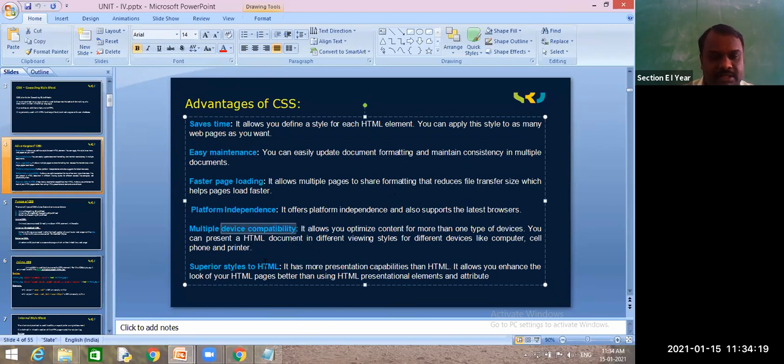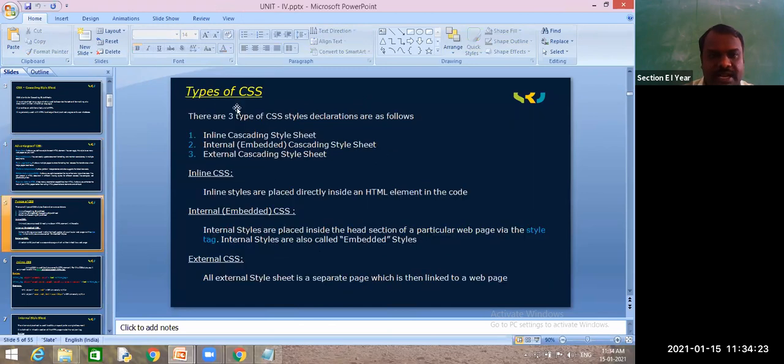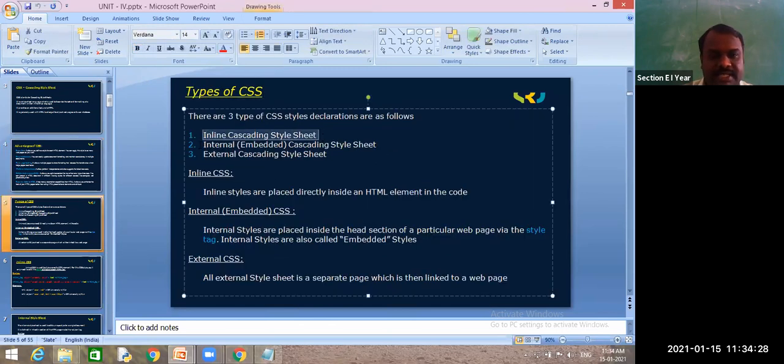Next, we can give superior style. And we have learned the types of CSS: inline CSS, internal and external style sheet. Inline, in the same line, we write directly in the HTML element.